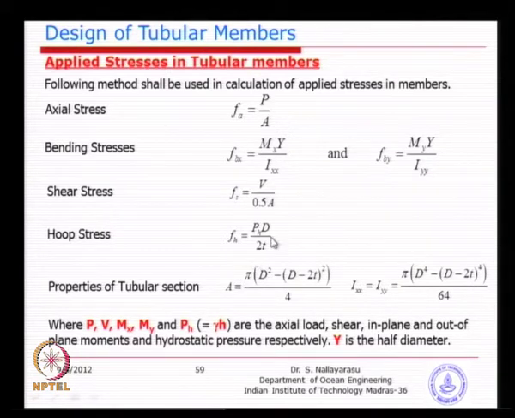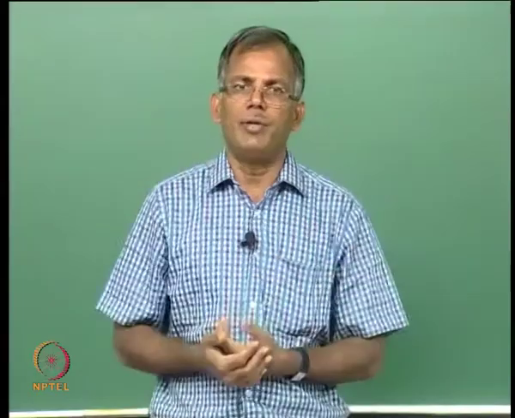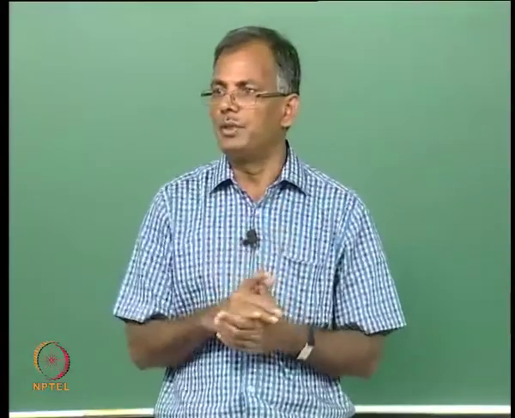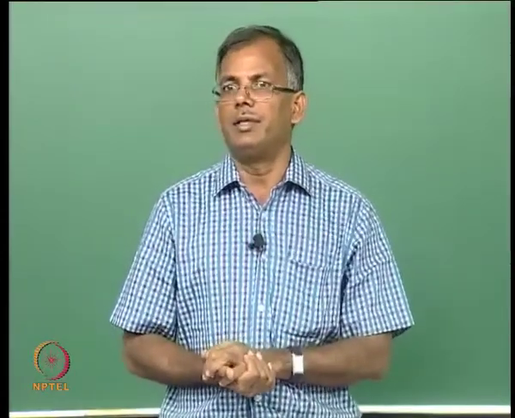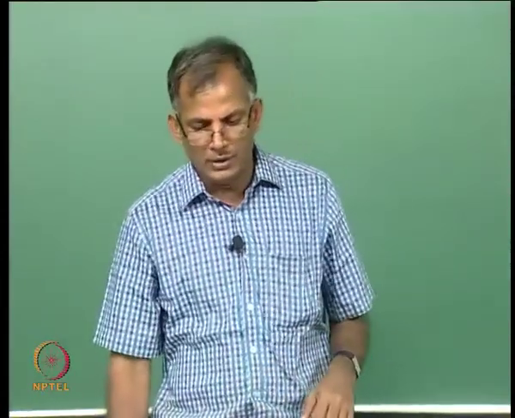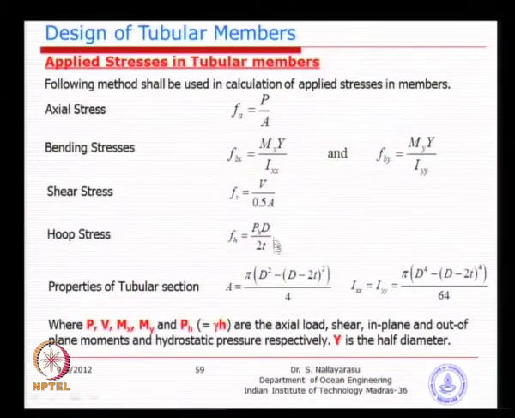I think most of you will know how to calculate the hoop stress. Pressure times the diameter is the projected area, divided by 2 wall thicknesses. If you draw the free body diagram of a pipe cut into 2 pieces, 2 wall thicknesses are effective at any cross section. So, basically that is why we have the hoop stress as P d by 2 t, and I think the area and moment of inertia are well known to all of you.